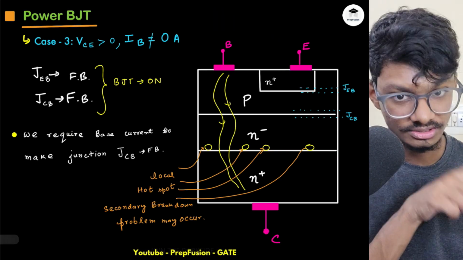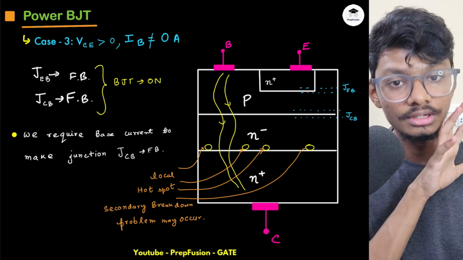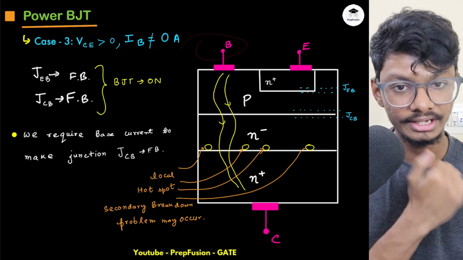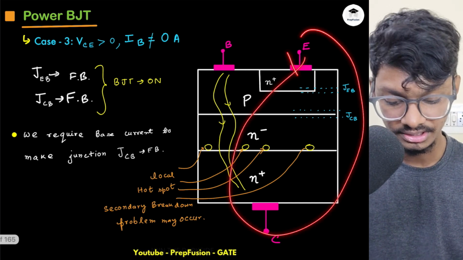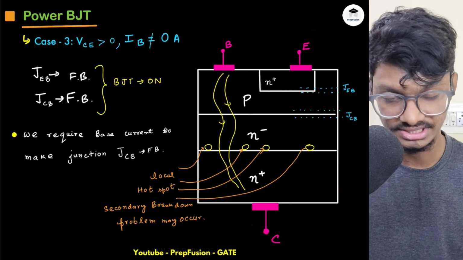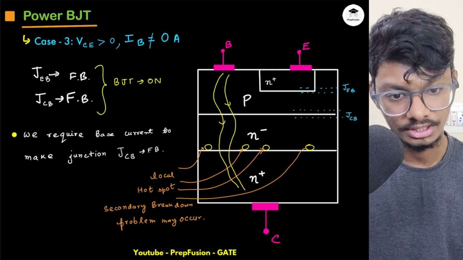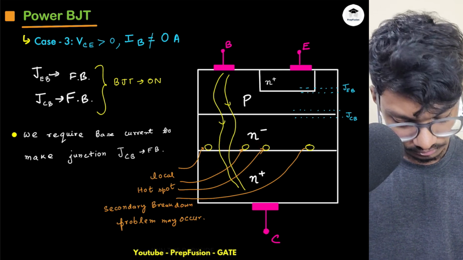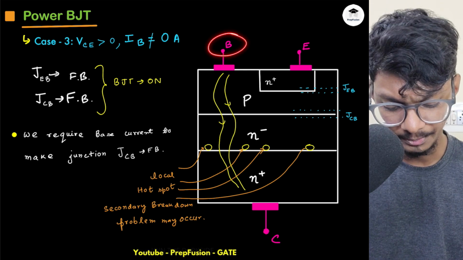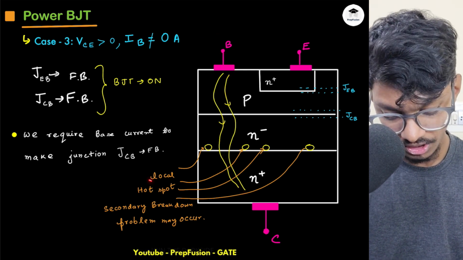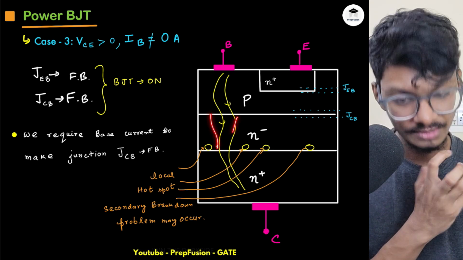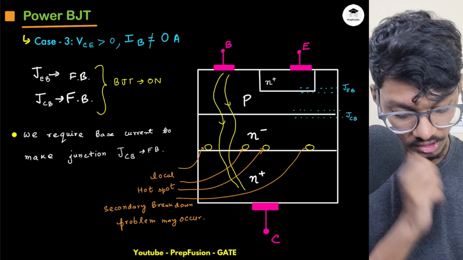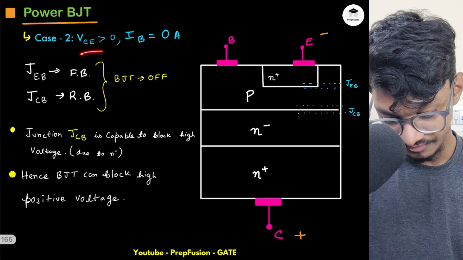That's why IB is called the control terminal, because with the help of base current I can control the on and off of the BJT. It doesn't matter what the voltage is here; if some base current flows, it turns on the BJT. Now what is written over here? When a huge base current flows, local hotspots happen right here. Excess charge carriers are present over here, because already my VCE was